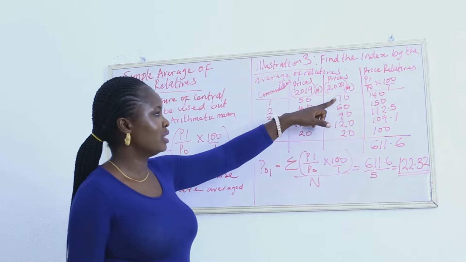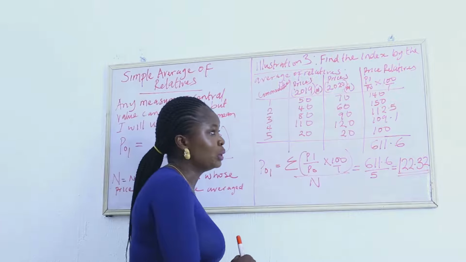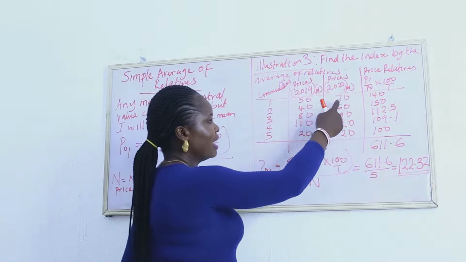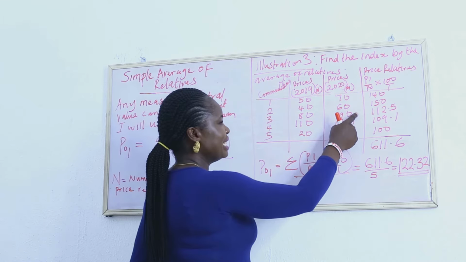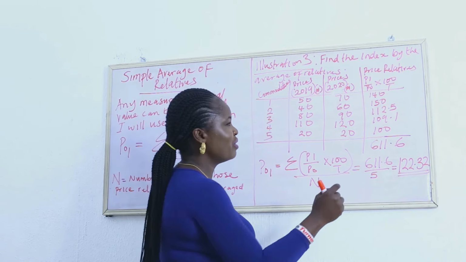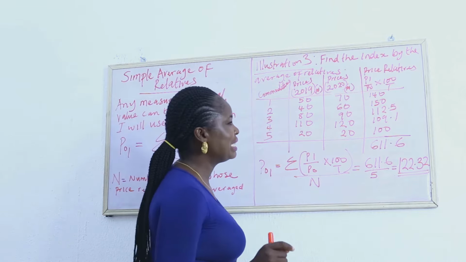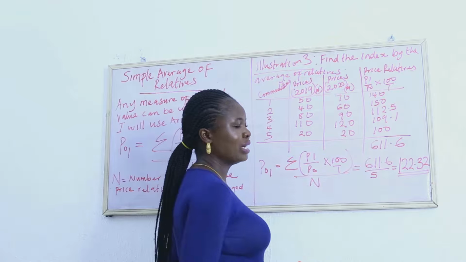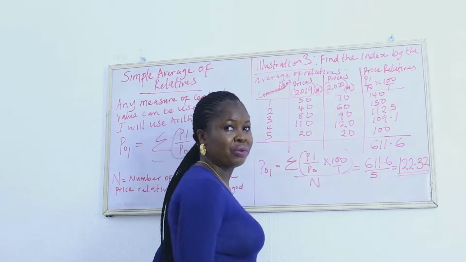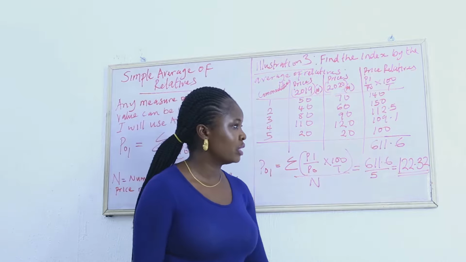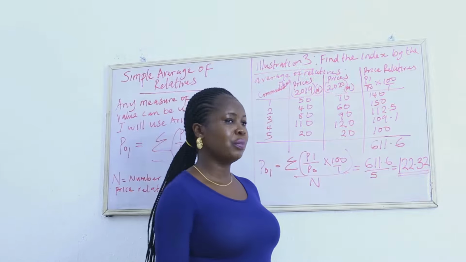So it will be 70 divided by 50 times 100, we have 140. The next one will be 60 divided by 40 times 100, we have 150. The next one will be 90 divided by 80 times 100, we have 112.5. Then the next one will be 120 divided by 110 times 100, we have 109.1. Then the next one will be 20 divided by 20 times 100, we have 100. Since we are looking for the summation of all, 140 plus 150 plus 112.5 plus 109.1 plus 100,